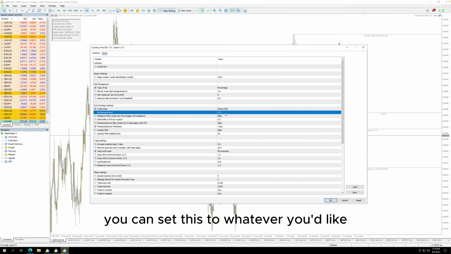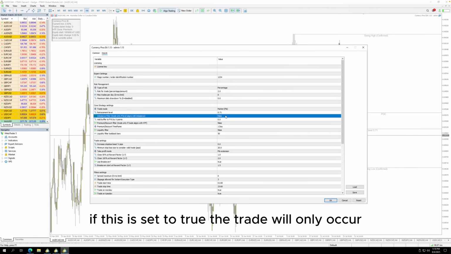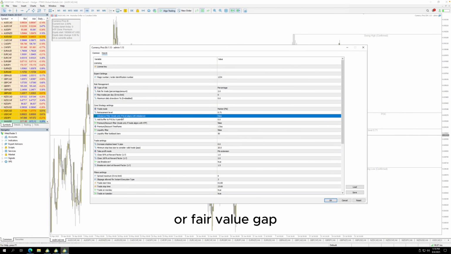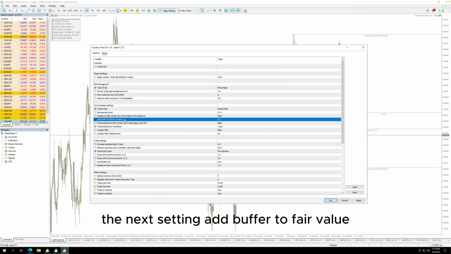We then have the retracement level. You can set this to whatever you'd like. Mine is typically always set to 71. That's what I like to do. We then have an imbalance filter. If this is set to true, the trade will only occur if your Fibonacci level aligns with an imbalance or fair value gap. The next setting, add buffer to fair value gap by a certain amount of points, that will